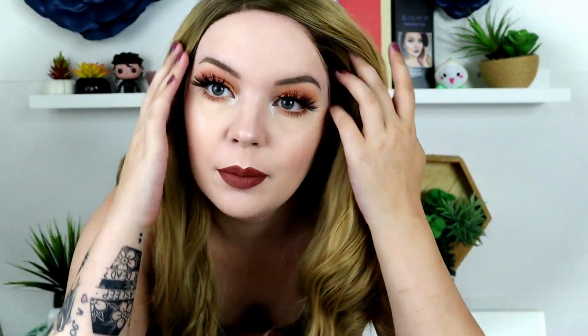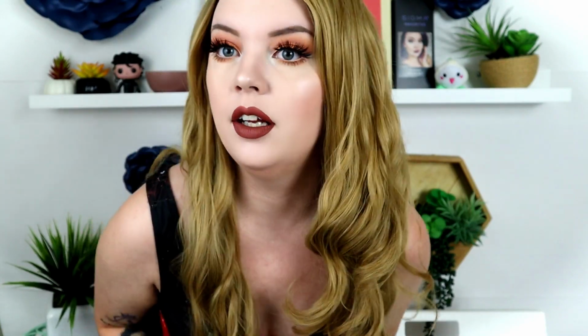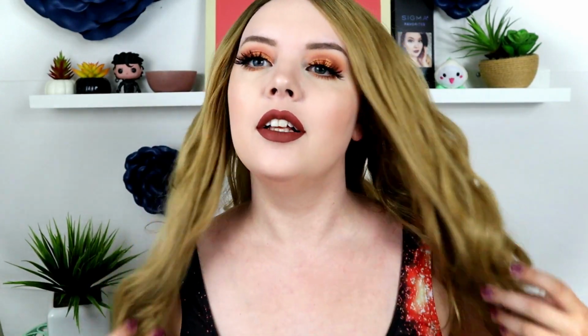Alright, I decided to stand up so we could get a better view. So this is the hair style. It's so cute, oh my god. And then this is the back of it. I don't know if you can see that or not. I didn't really brush the back of it. I just brushed the front of it, but this is the...